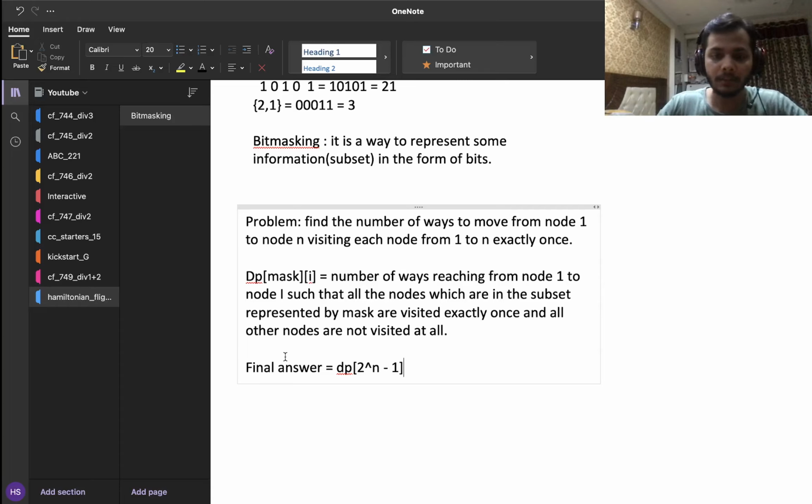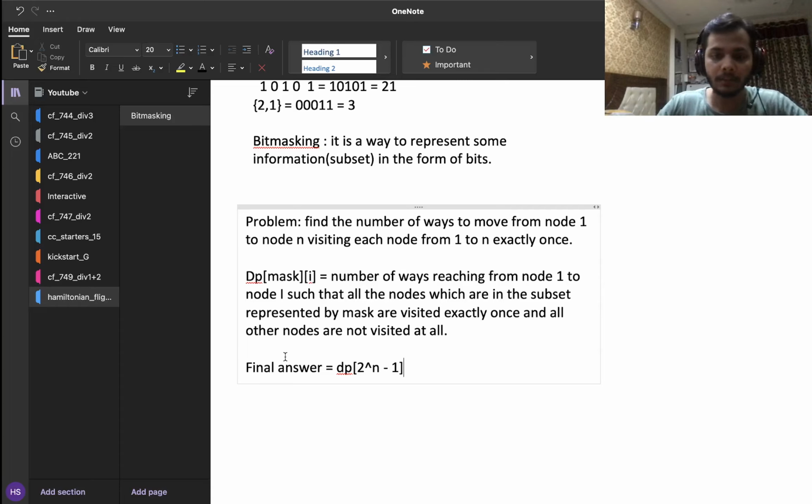Now let's talk about the transitions, and really the transitions are not that difficult to comprehend either. So first let's talk about the base case. The base case is if I is equal to 1, then that just means that I am at my starting node.